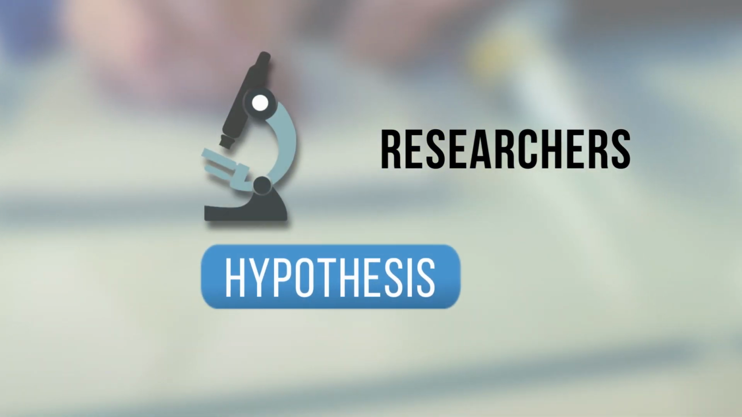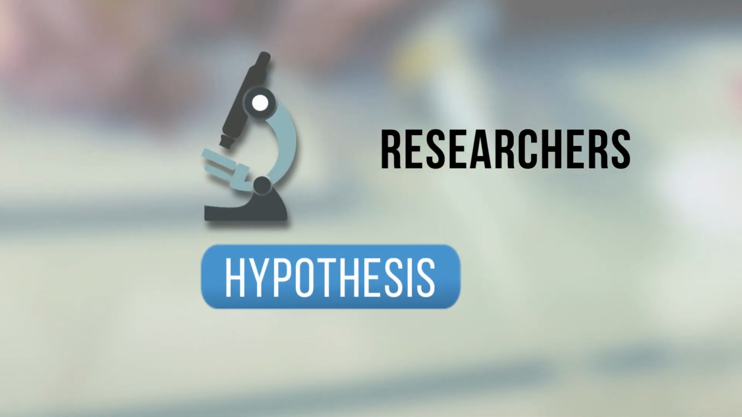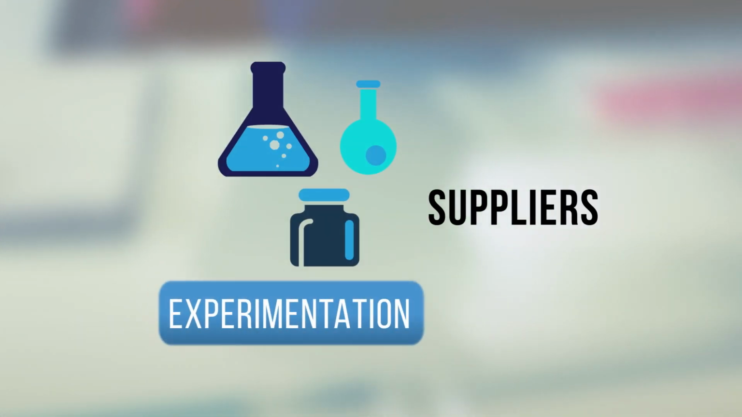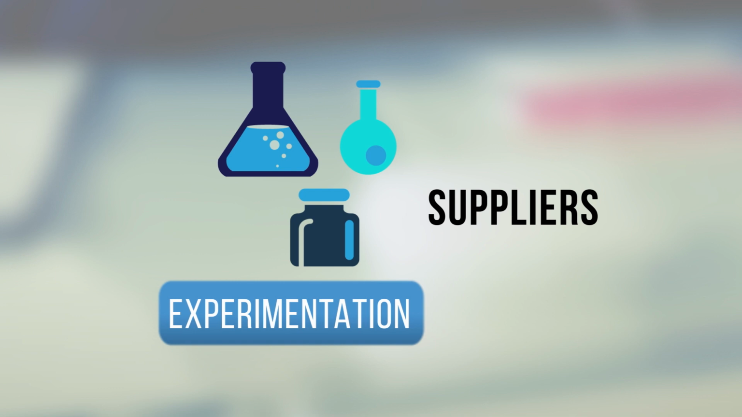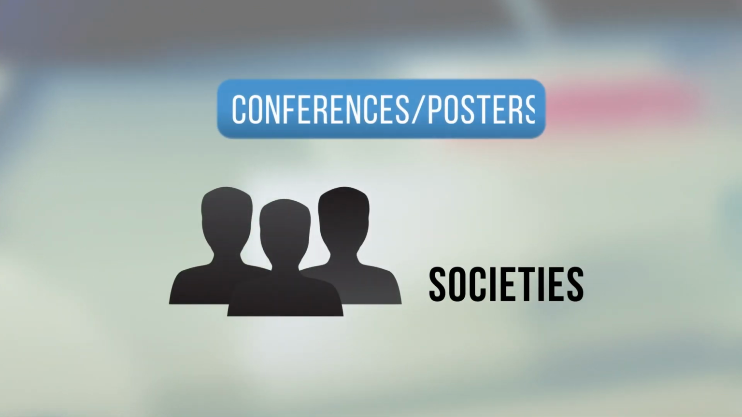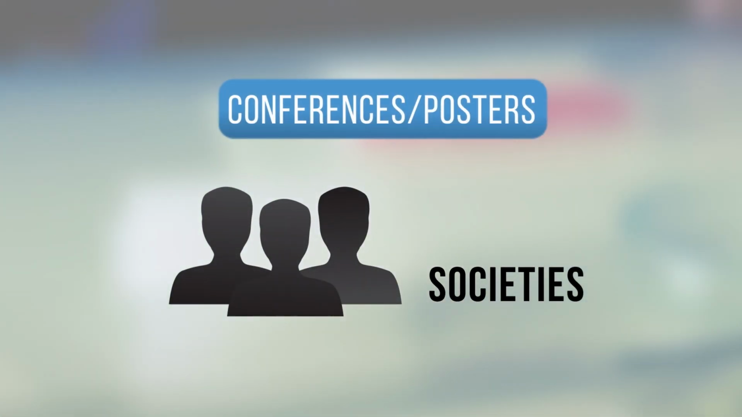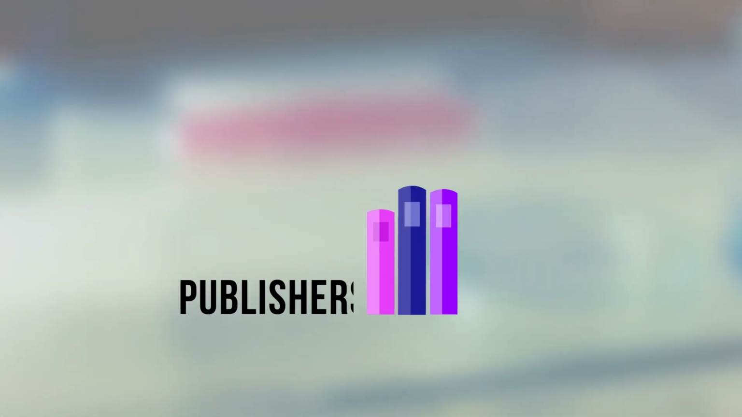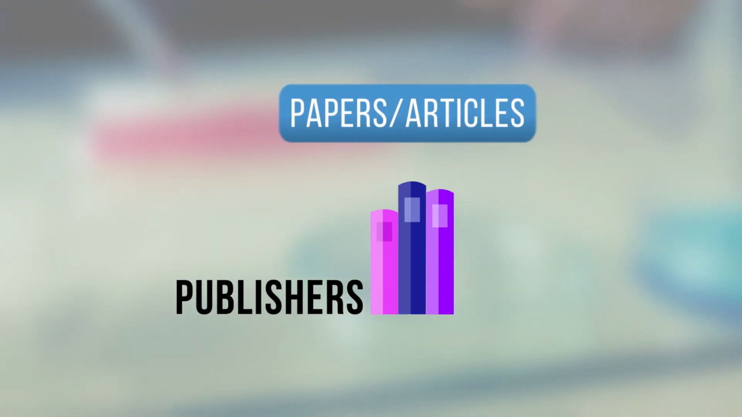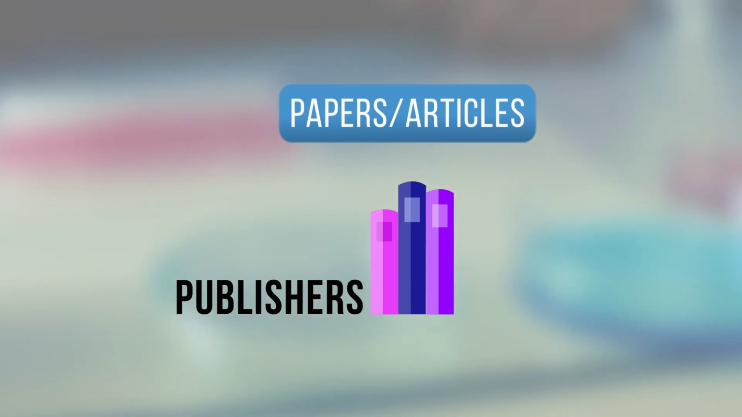Researchers, who are responsible for formulating a hypothesis and designing experiments to test it. Suppliers, who provide reagents and equipment to help perform those experiments. Professional societies that foster collaborations and help disseminate information amongst researchers through conferences and posters. Publishers, who are responsible for assigning reviewers who scrutinize the research to decide if it is worthy of entering into